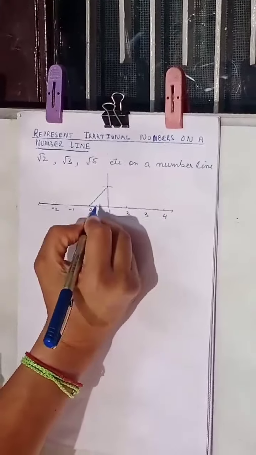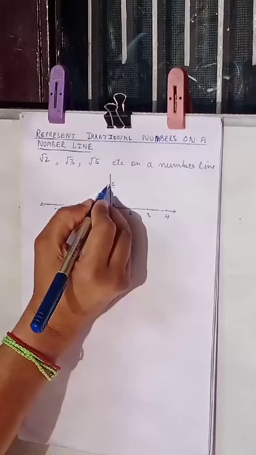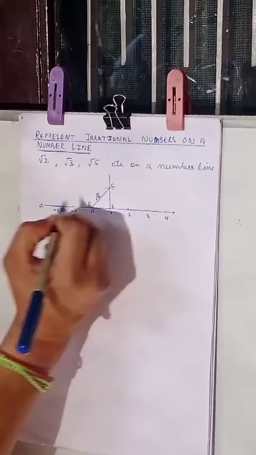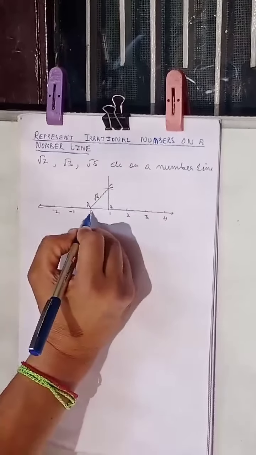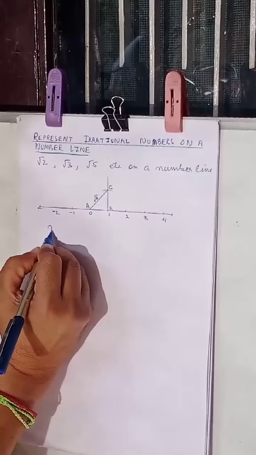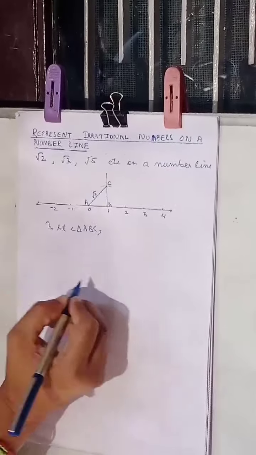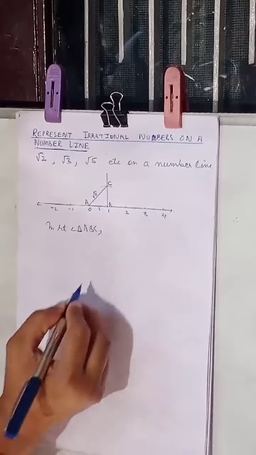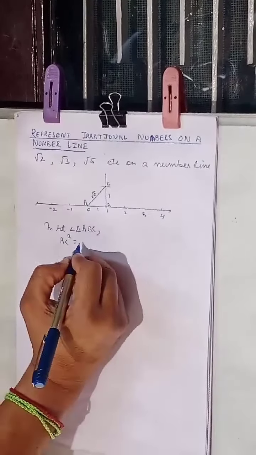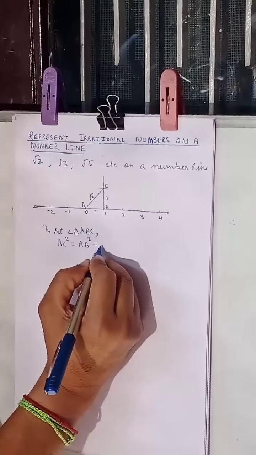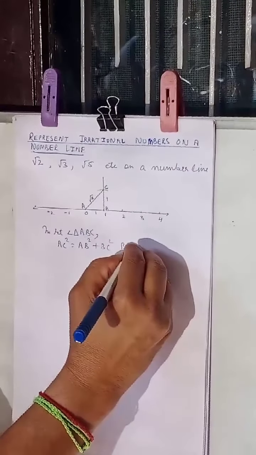So if you consider this to be A, this to be B, this to be C, then this AC becomes root 2. But how do you know that this is root 2? Let's prove it. If you take this as a right triangle, in the right angle triangle ABC, हमने कितना लिया था? 1 यूनिट लिया था. ये कितना लिया था? 1 यूनिट. सो AC स्क्वायर किसके इक्वल होगा बेटा? AB स्क्वायर प्लस BC स्क्वायर बाय पाइथागोरस थ्योरम.